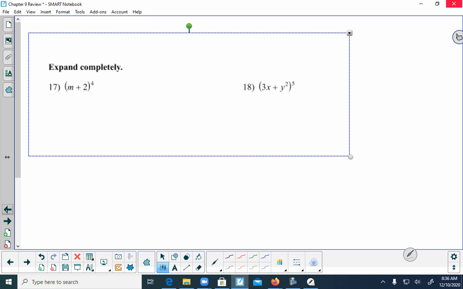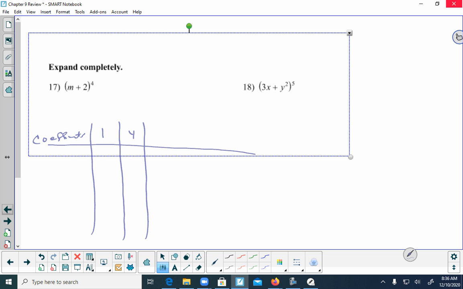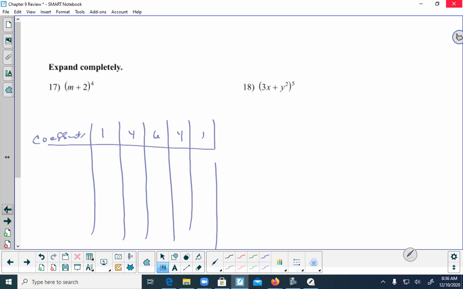So now number 17 wants me to expand completely. So again, I'm gonna do the boxes. So my coefficients are going to be, we just did them. My coefficients are going to be 1, 4, 6, 4, and 1. I'll chop that off. And then the first thing I have is this m, and then I have this 2. Those are my 2